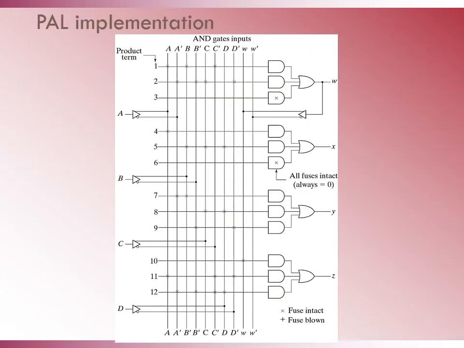The circuit diagram for the implementation of this PAL is shown over here. In this case, A, B, C, D are the input variables which are again given to dual inverters to generate the variables and its complements. The outputs denoted by W, X, Y and Z on the right hand side of the figure are coming out from the array of OR gates. The AND gates, which correspond to the product terms, for each output there are 3. The AND gates with a cross at the center denote that there are no inputs to those AND gates.